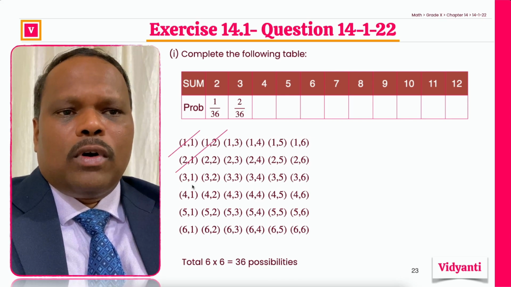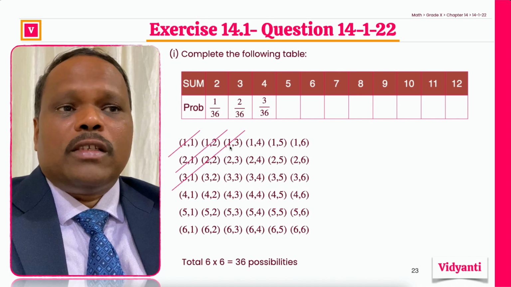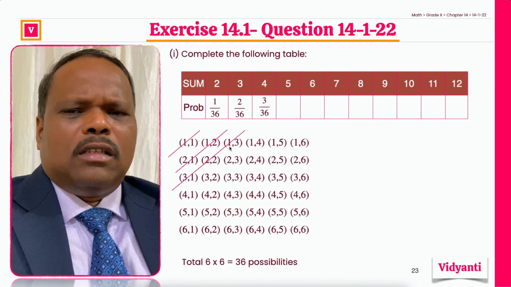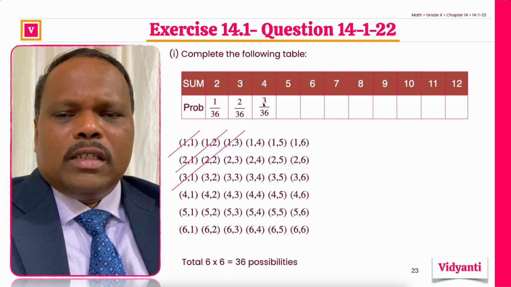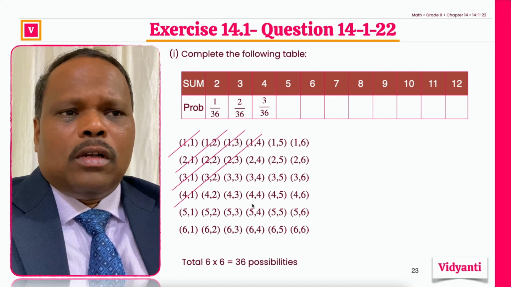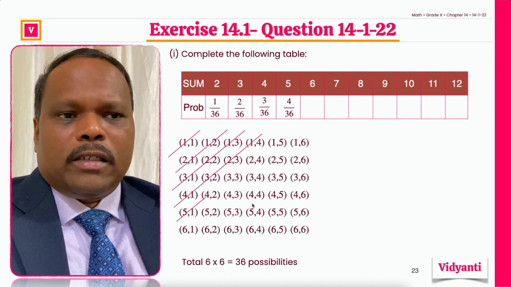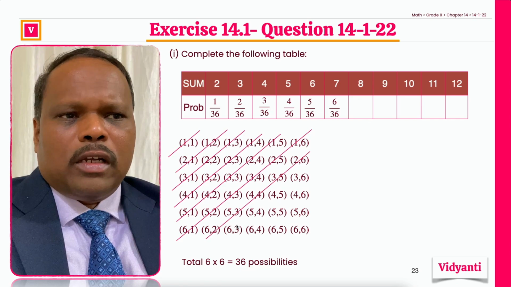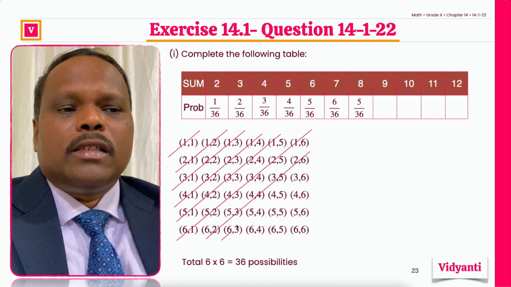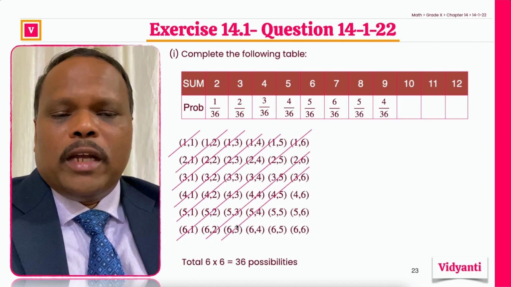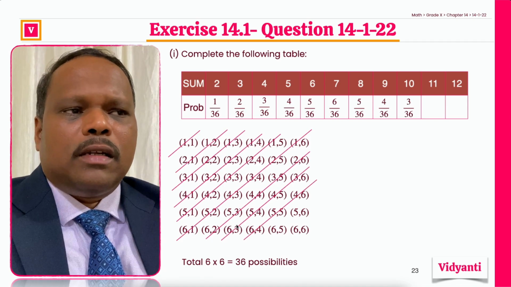When will you get 4? You get 3 1, 2 2, and 1 3. So altogether, you have 3 such possibilities. Note that there is some pattern, some design, and because of that, the probability is slightly increasing. This will go on, and this will become 4 by 36, then 5 by 36, then 6 by 36, and now you have to be careful. Then again, it decrements by 1. It will become 5 by 36, 4 by 36, 3 by 36, 2 by 36,